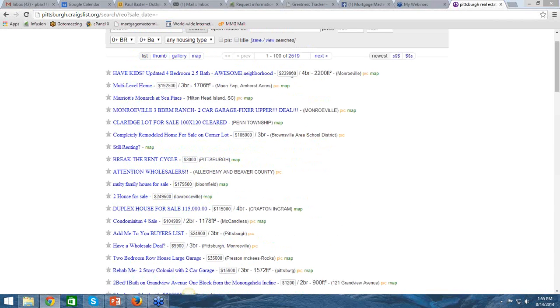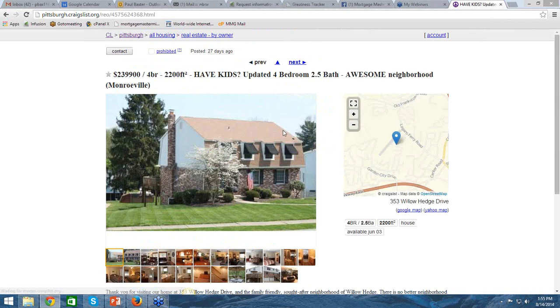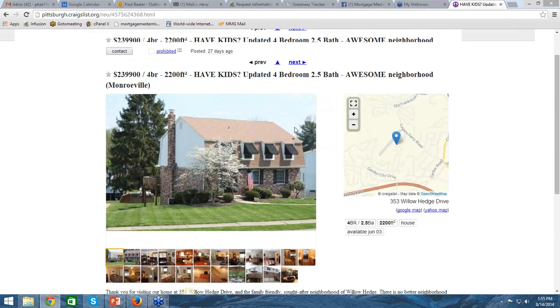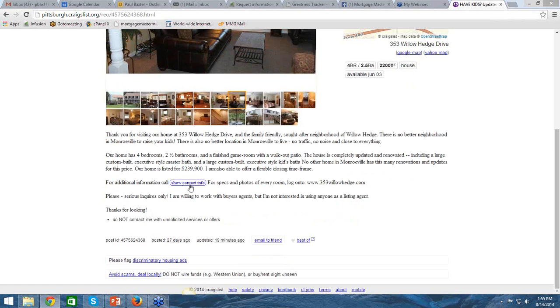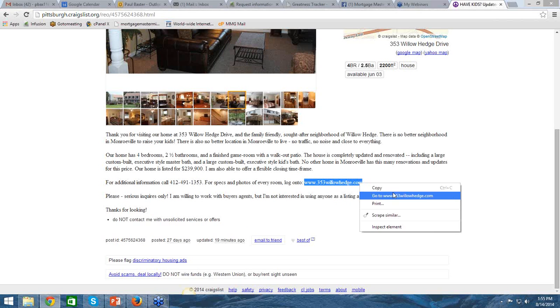So there's one, $240,000. Boom. There's a nice one. Real estate by owner, $240,000. For additional information, call, show contact information. There it is right there. Got a phone number. Oh, they've already got a single property website. This lets me know that this is an agent probably putting a listing into